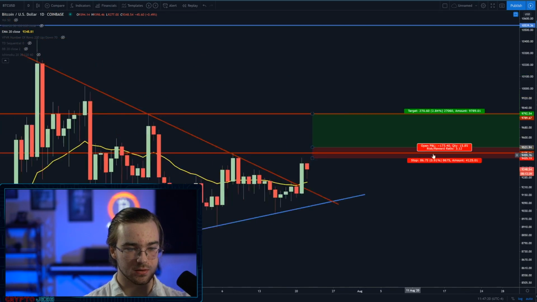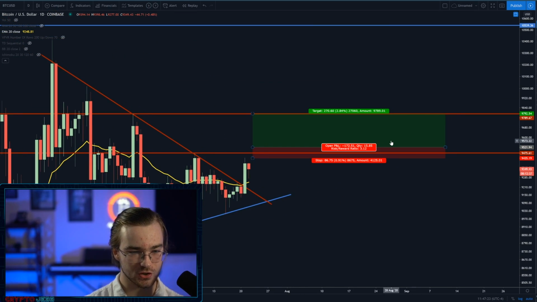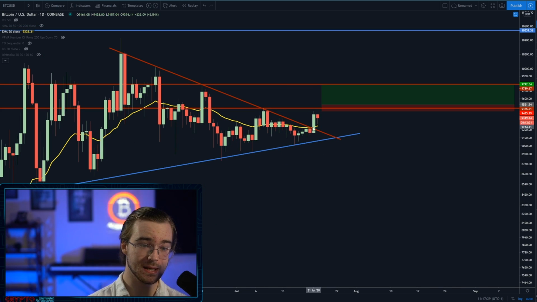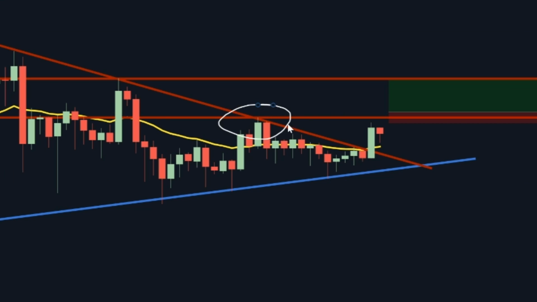We talked about a trade that you could set up in yesterday's video right here with an entry around $9,525. I want to see that trade being able to be put in place. What that means is I want Bitcoin breaking this high. If Bitcoin breaks this high right here and sets a higher high, that is when I'm going to be really